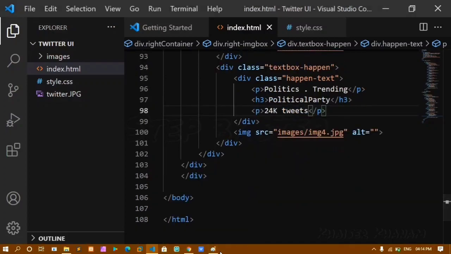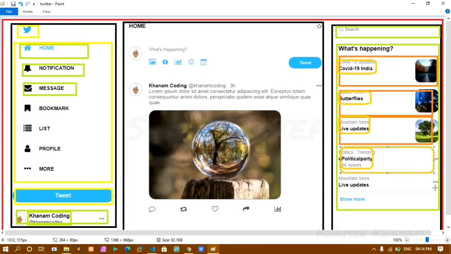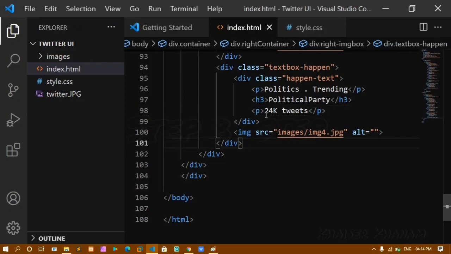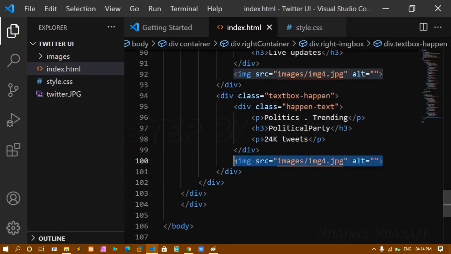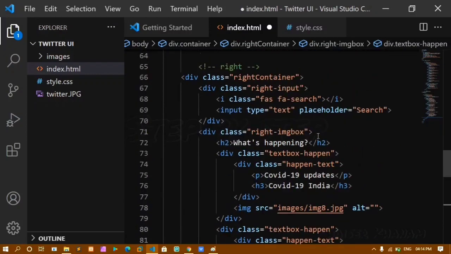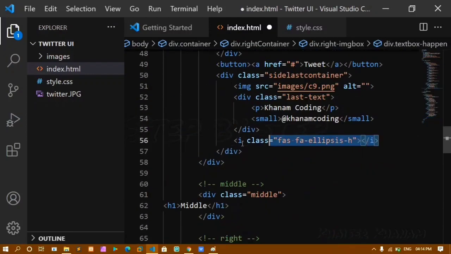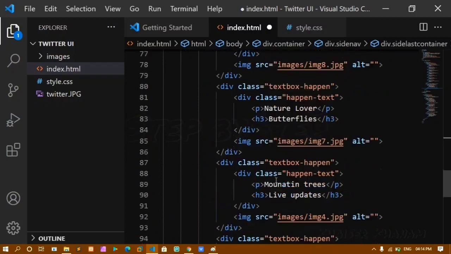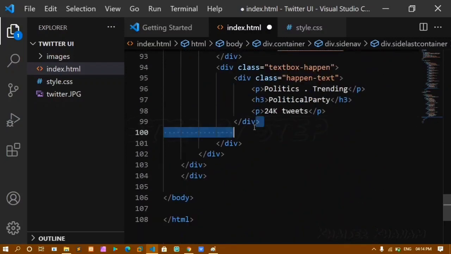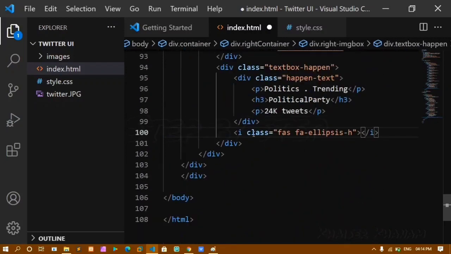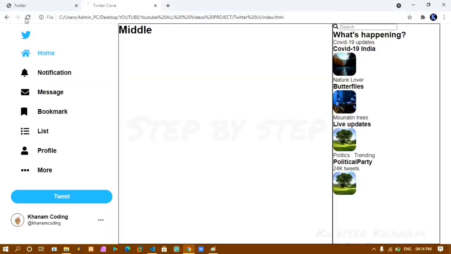Okay, now below this one I have one more div, and inside that I have the text and the icon. Okay, I have here icon also, so let's just put the icon here. Now below this I don't have image here, I have icon. Instead of image I have icon. I'll just copy my icon from here, the same icon, and I'll be pasting it here. I'll paste it here. Now if I come and if I refresh, you can see I got my icon.